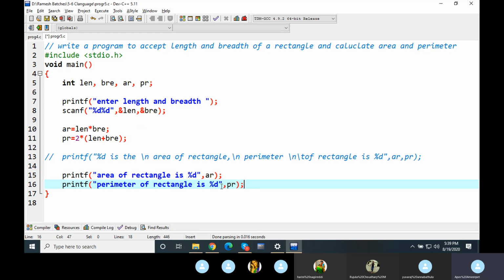What is your guess? Will the output be shown in different lines or in a single line?